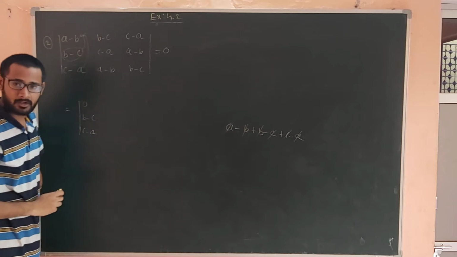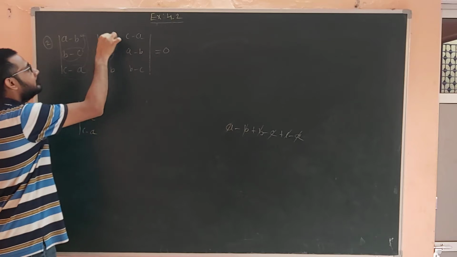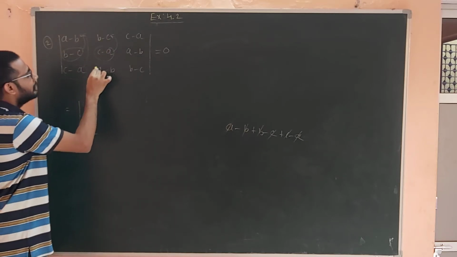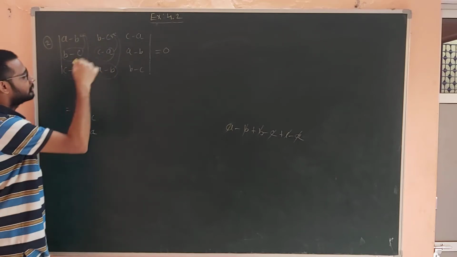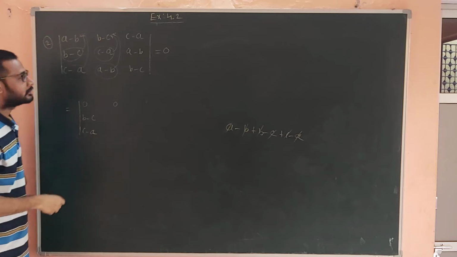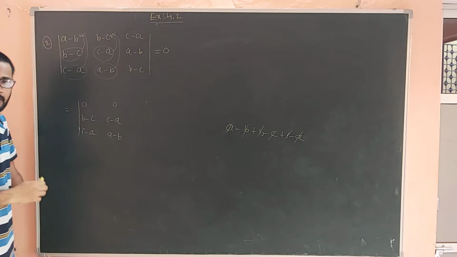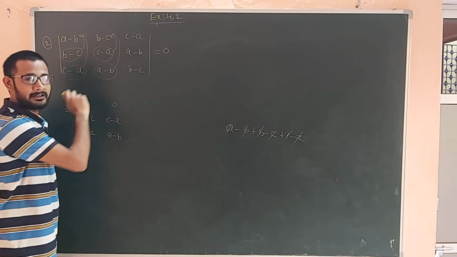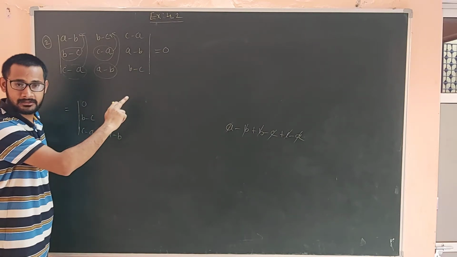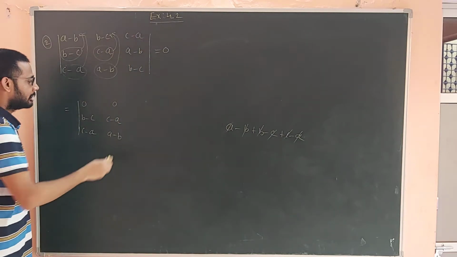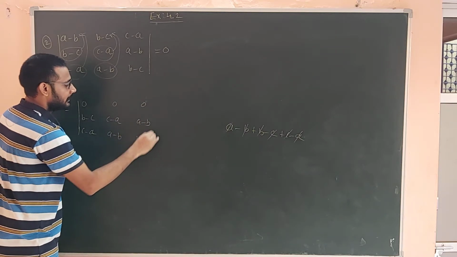Again in the second row, I will multiply the first row by 1 and add into the b minus c row. Also I multiply the third row by 1 and add into it. So similarly it will also be 0. Then write here c minus a and a minus b. Again I will multiply a minus b with 1 and add into the c minus a, and I multiply b minus c with 1 and add into the c minus a. Again it will be 0, and a minus b and b minus c as it is.